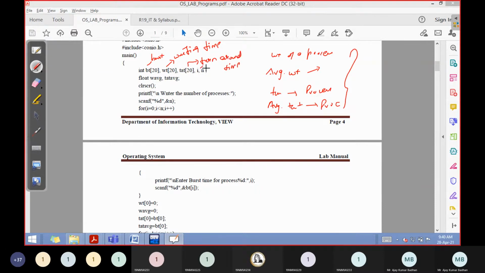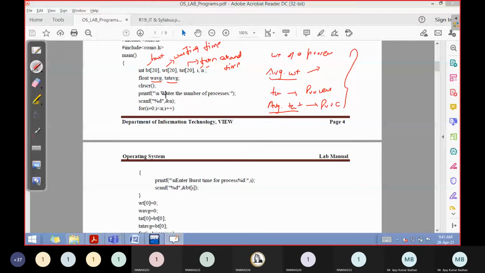I and n are the variables we are going to use in our program. Since we are going to calculate the average waiting time and average turnaround time, we have average waiting time and average turnaround time. These variables you can declare as per your convenience. It's not necessary to use the same thing. Now, what we are going to do here is, okay, a small mistake: